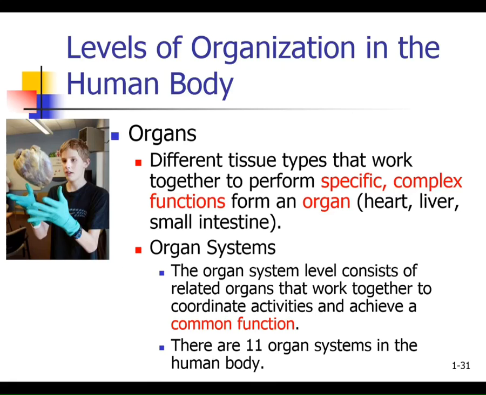If I had a heart in my hand, right? It's an organ. And as I dissected that heart, took it apart, I would be able to find evidence of all 4 types of tissues. So tissues combine to make organs. So if I have a heart, I can find some epithelial tissue, some muscle tissue, some nervous tissue, and some connective tissue within the heart. If I had a bone, if I had some skin, if I had a brain, if I had a kidney, it wouldn't matter what the organ is, I would be able to find each of these different types of tissues